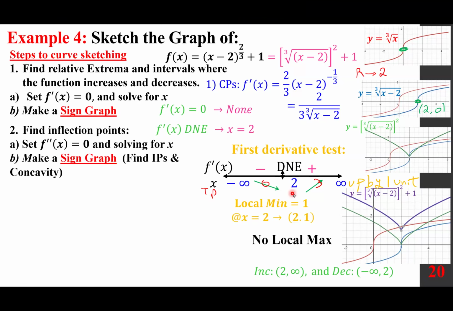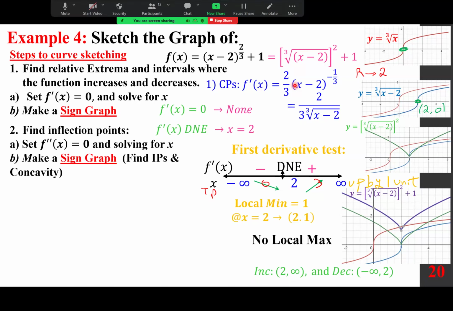Now let's go with the inflection points. Possible inflection points, we can find it through finding f double prime. So we go back to f prime, and we want to differentiate it again to find f double prime, and we're going to use this one instead of this, which is an easy differentiation. As you recall, 2/3 times negative 1/3. The product is negative 2 over 9. X minus 2 to the power of minus 1/3 minus 1, which makes it minus 4/3,